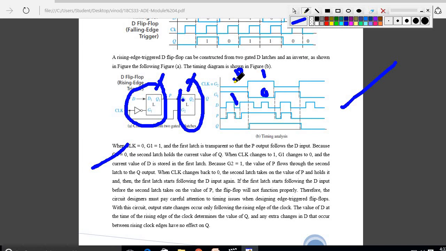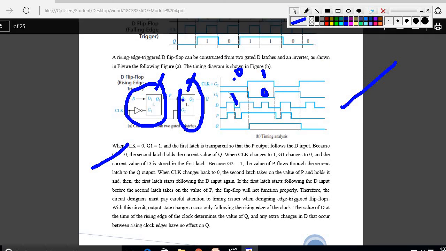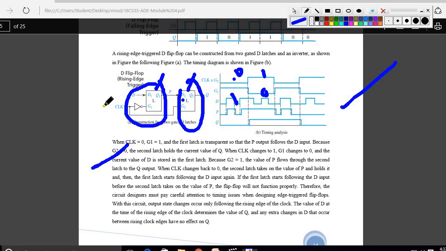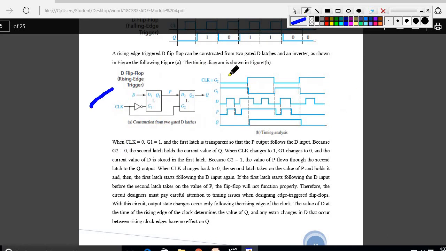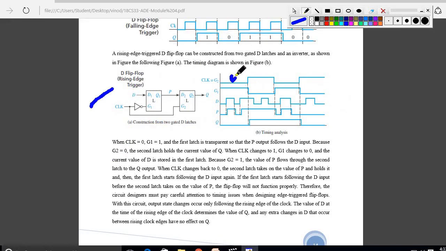So this is exactly the construction of the two gated latches. According to that, you have to write the timing diagram. See here, the timing diagram: if G2 is 0, this one is 0, this one is 1, and this P follows exactly the